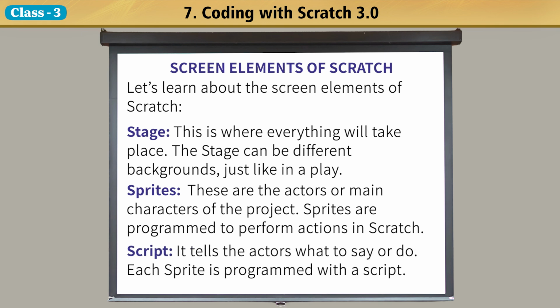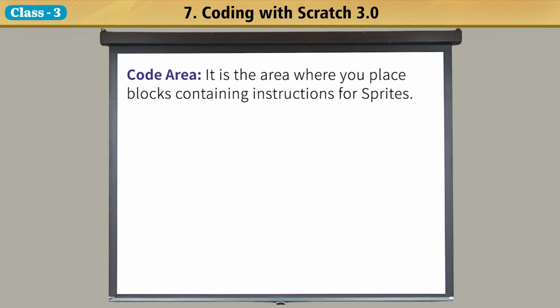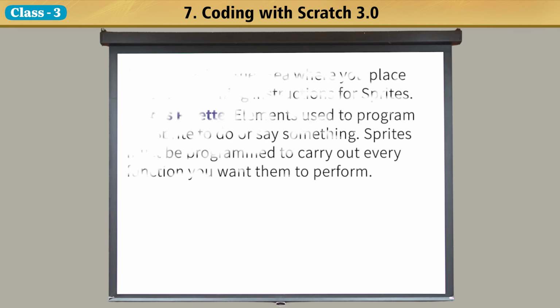It tells the actors what to say or do. Each sprite is programmed with a script. Code area. It is the area where you place blocks containing instructions for sprites. Blocks palette. Elements used to program the sprite to do or say something. Sprites must be programmed to carry out every function you want them to perform.